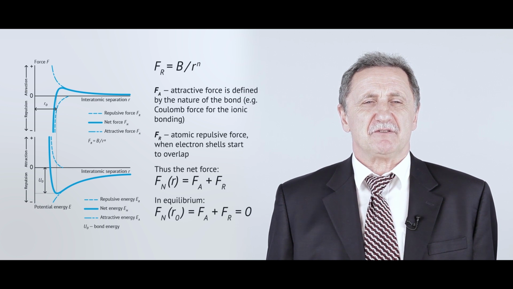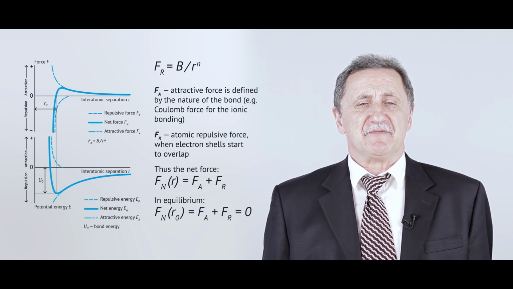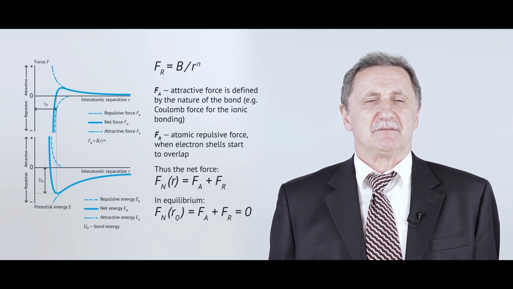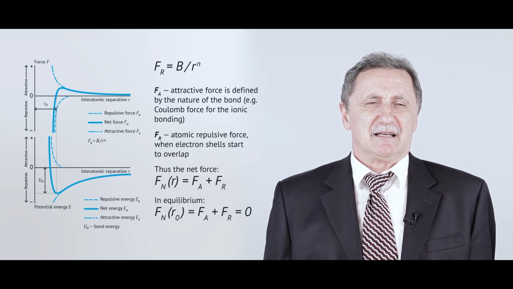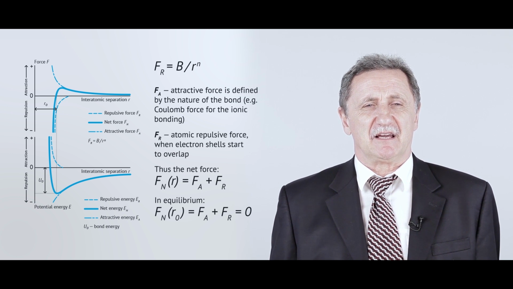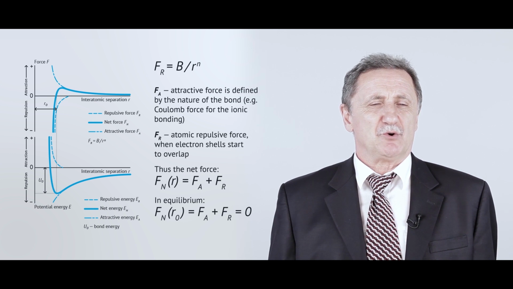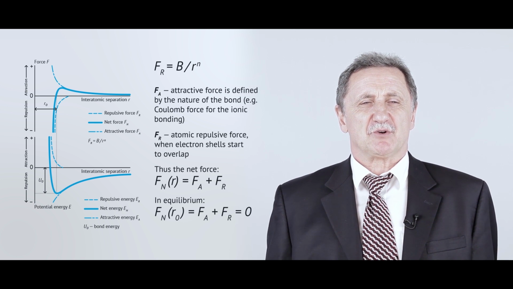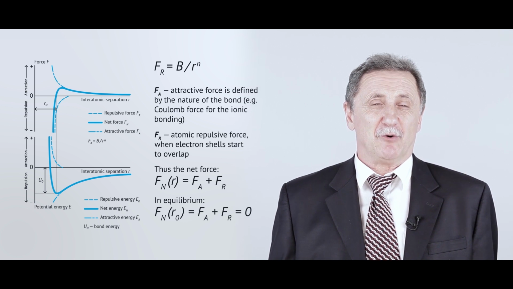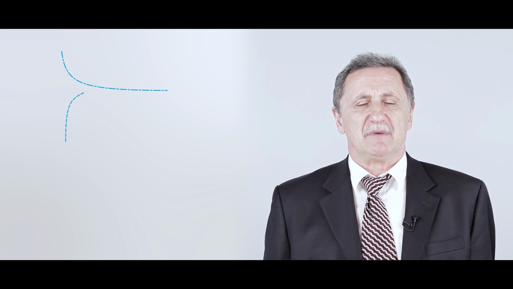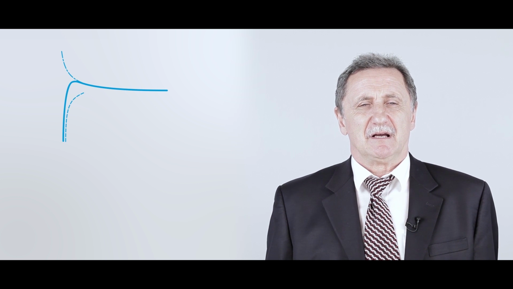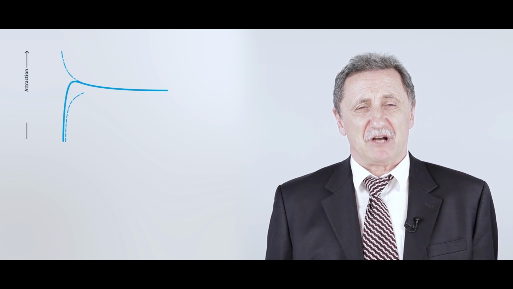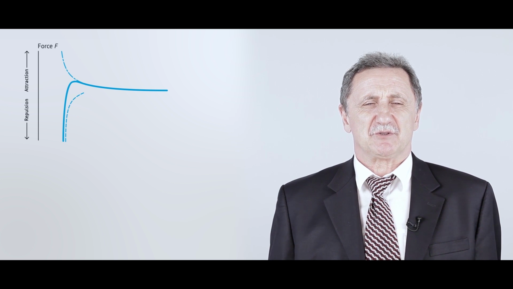For sure, we can imagine that at some point the net force in this system should be equal to 0. In this case, we have, in some sense, the equilibrium condition when no force acts on the positively charged and negatively charged ions. And so we have the stable case for our now fabricated material. You can see on this slide that this corresponds to some R0 distance between these two charged ions.